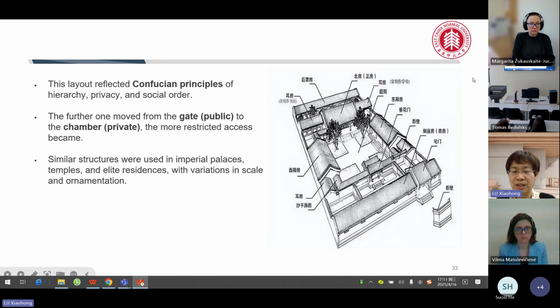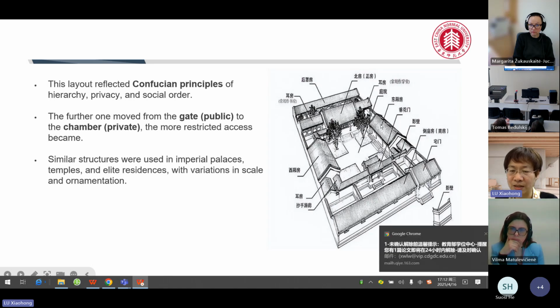Let's take a closer look at a picture. We have just mentioned the layout. Here is the screen wall to protect the door. You don't want other people to see your door directly. So this is the door gate. When you go in, a big family has a second gate, and then another gatehouse, and then you go into the courtyard. The west wing and the east wing are for the younger generation. Usually the elder son stays here on the east side,